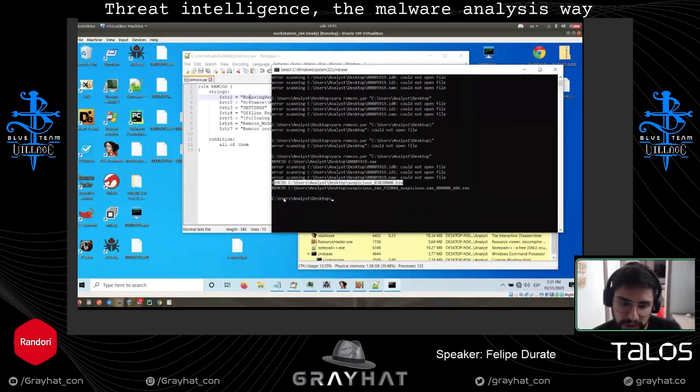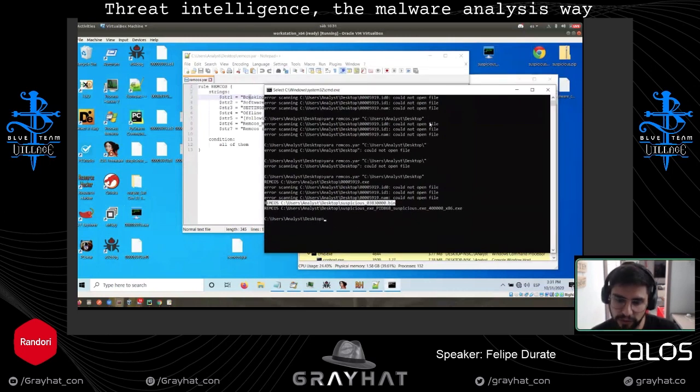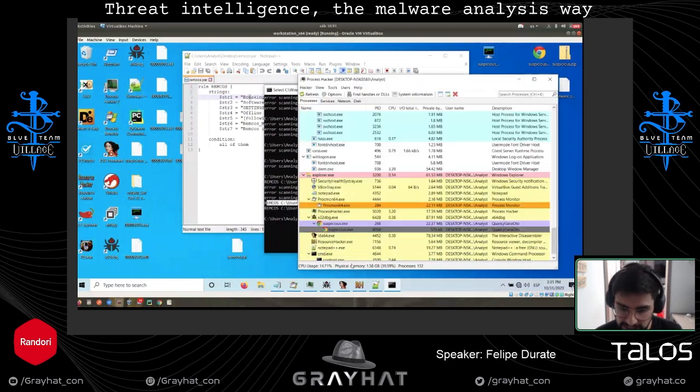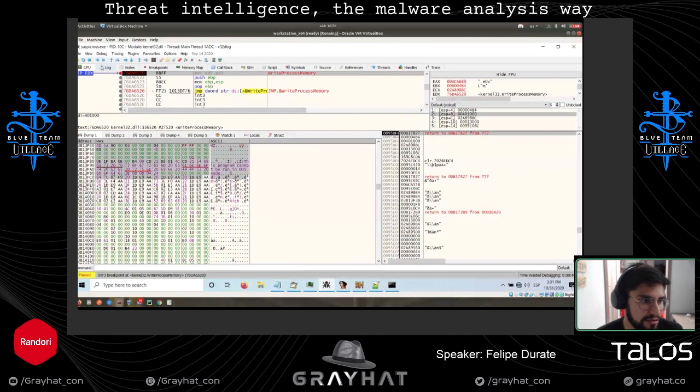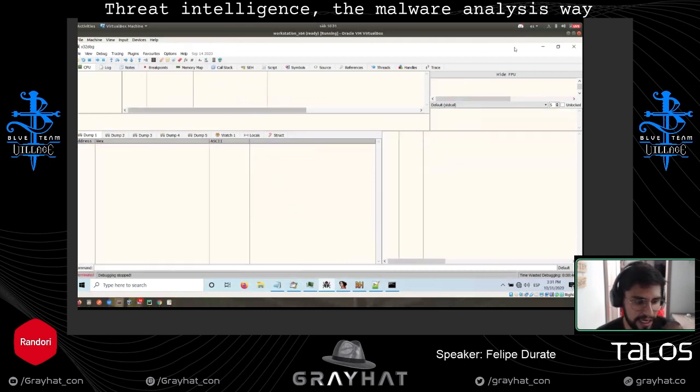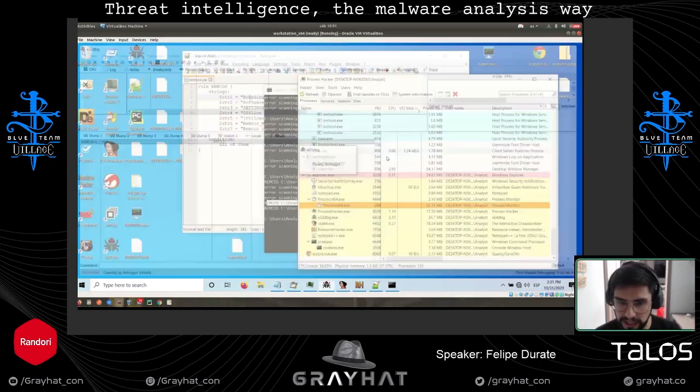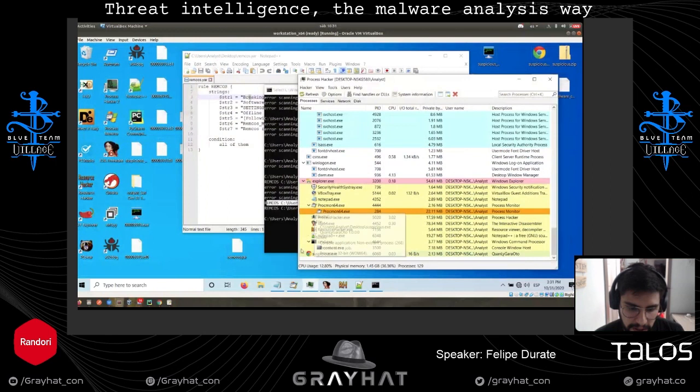And also we found Rancos in this one. Okay, so we found 3 YARA matches. That's nice. So last thing, I'm going to open this and continue, just to show you one last thing you can do with YARA.